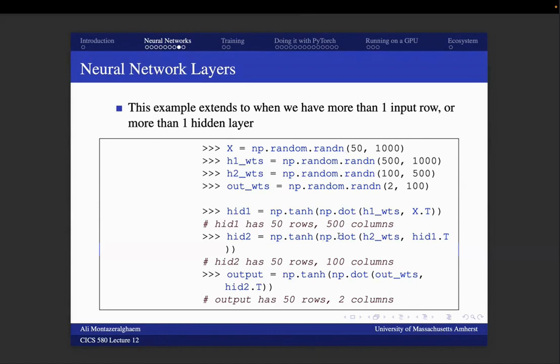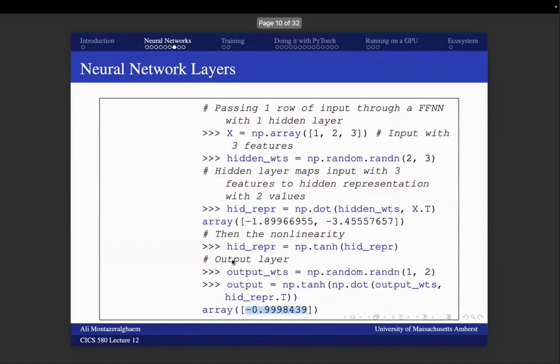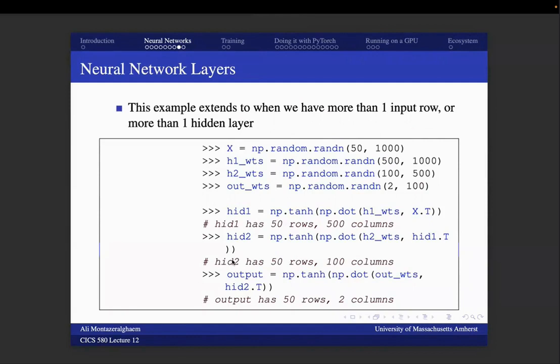And for the second hidden layer, you can also add a bias vector, as I mentioned, but I didn't add that. I just want to show how we can multiply the matrices